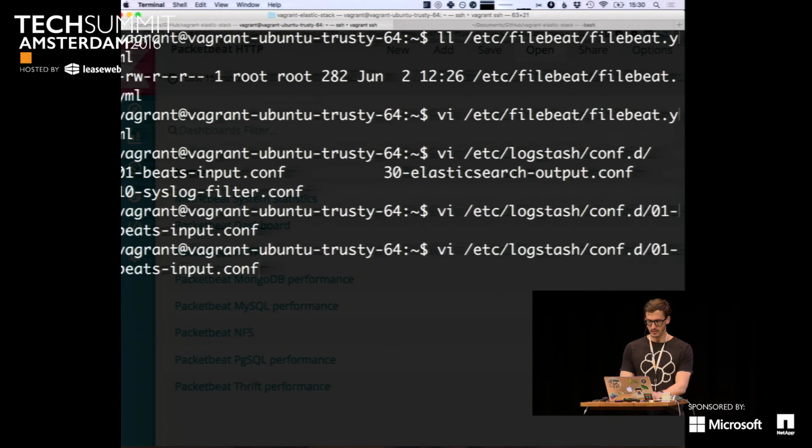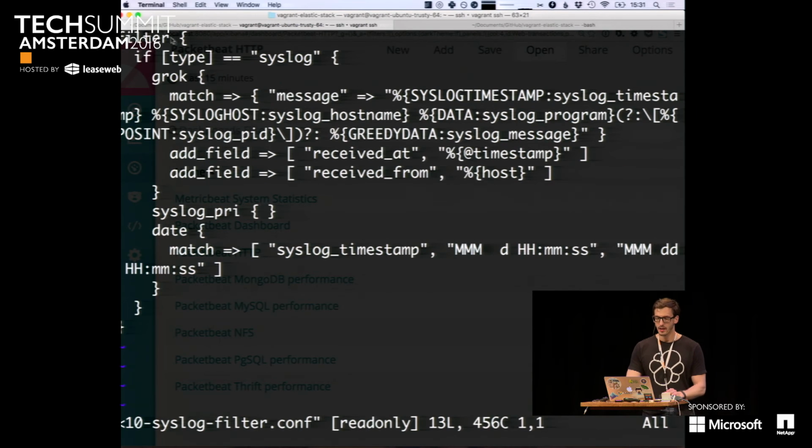The next step then is, once you have ingested or received that data, you actually want to filter or parse it. And here I am telling it, if the thing I'm getting is of the type syslog, I will do grok. And grok is just like grep, so regular expressions, and you're parsing the log message you've received into the different parts so you can actually extract the timestamp and know from which file stuff came from and have all the different data you have in whatever log file you have.